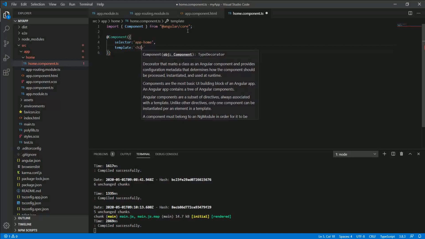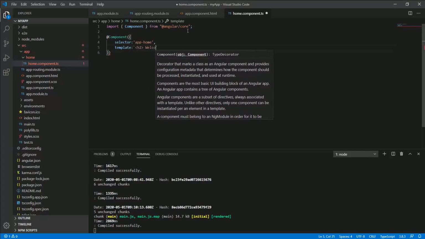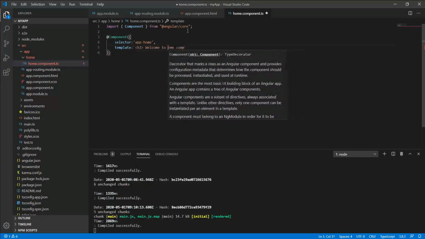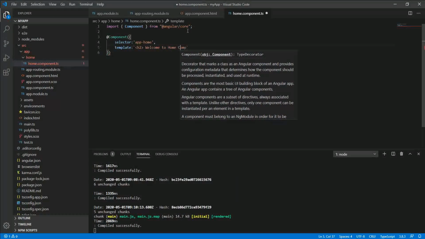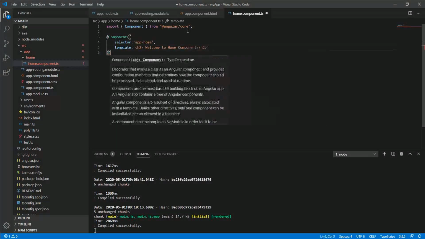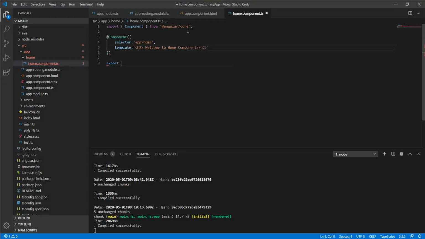An h2 tag, like welcome to home component. Just close this h2 tag. At last we just need to have export class and name that class HomeComponent. That's it. So we have created the component.